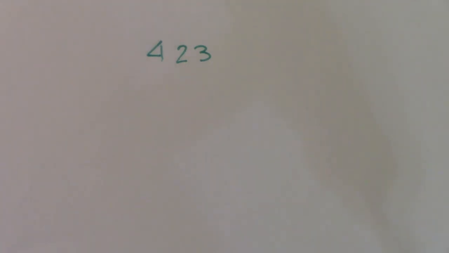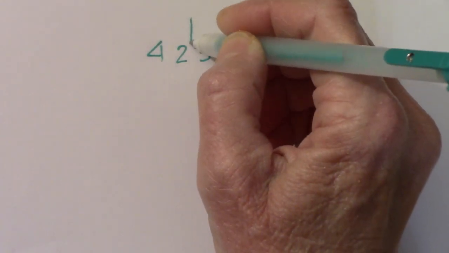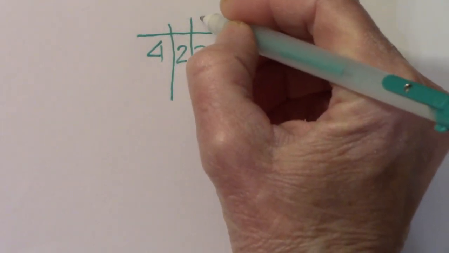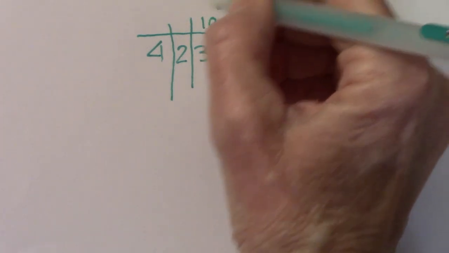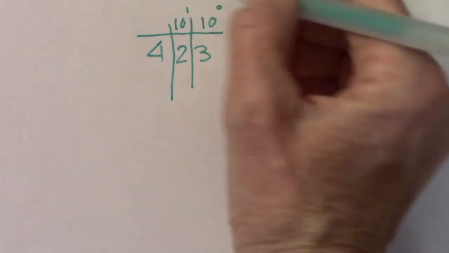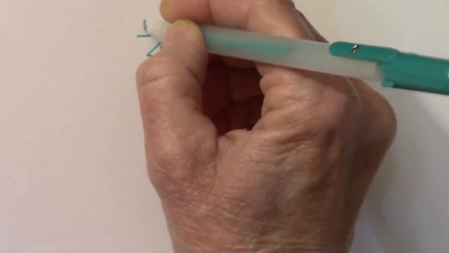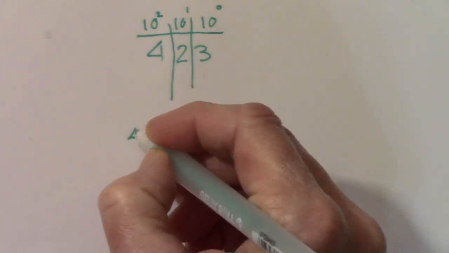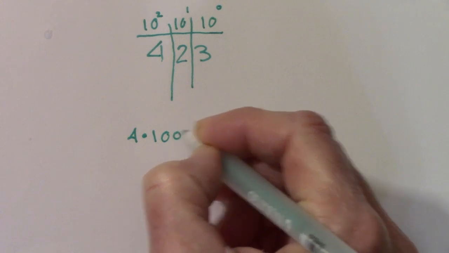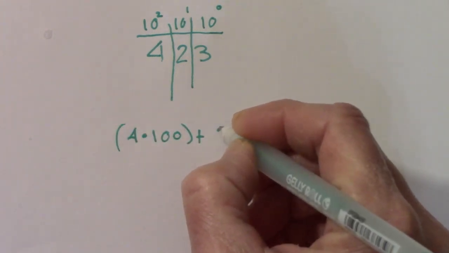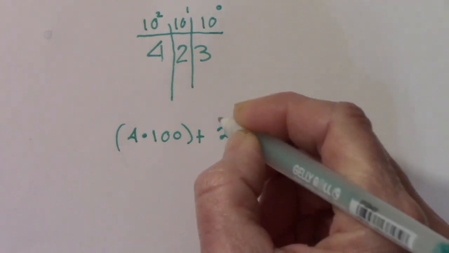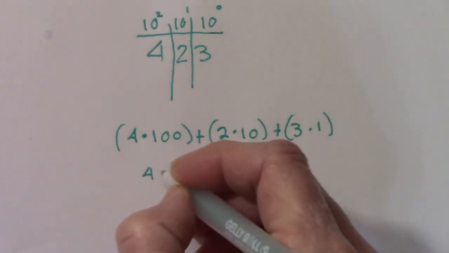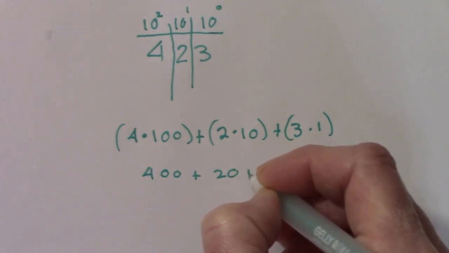What this means is that when we look at our place value, and I'm just going to draw lines in to separate them, the 3 is in the 10 to the 0 column, or the ones. The 2 is in the 10 to the first column, or the 10 column. And the 4 is in the 10 squared, or 100 column. So we have 4 times 100 plus 2 times 10 plus 3 times 1, and when we put that together we have 400 plus 20 plus 3,